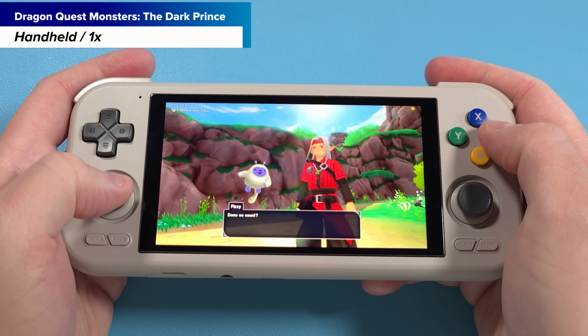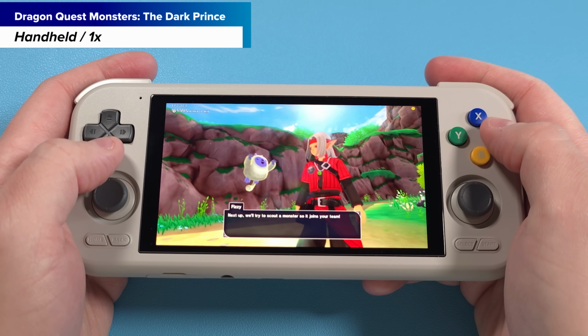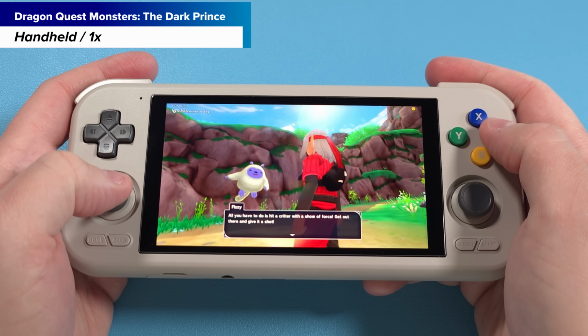Done so soon? What did I say, kid? You're a notch. Next up, we'll try. All you have to do is hit a critter with a shot. You see,